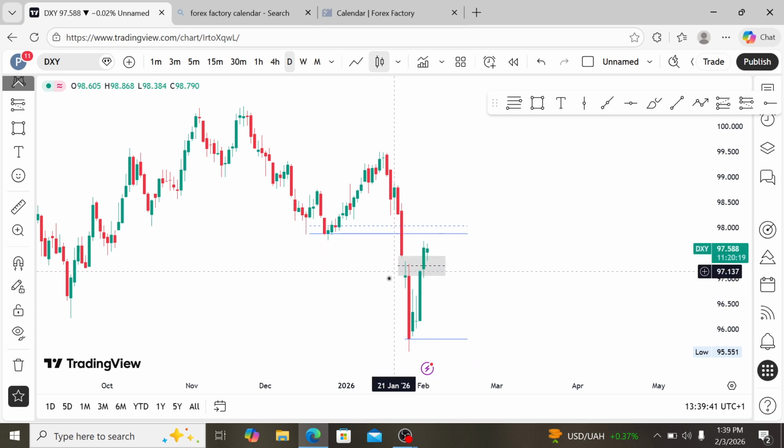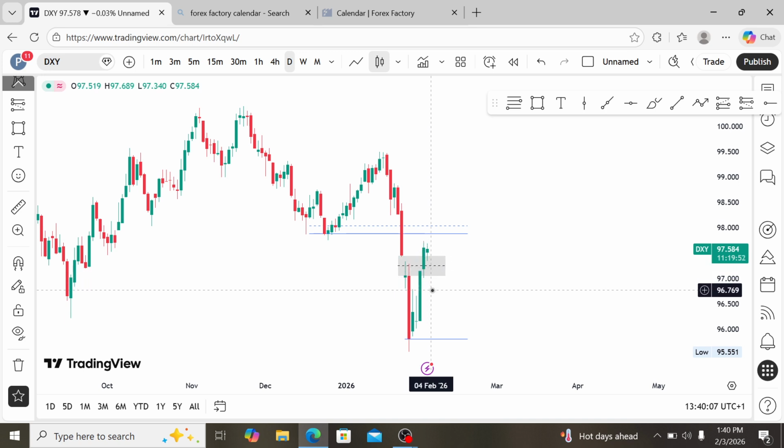Well, you see this box right here, delineated with the low of this red candle and the high of this red candle. This is a gap. So I'm marking this out. You see this black line here. This is the main threshold of the gap, which is the center point, the middle line of this low and this high. This is the main threshold. So what am I expecting? For this week, I'm expecting price to tap into this main threshold.